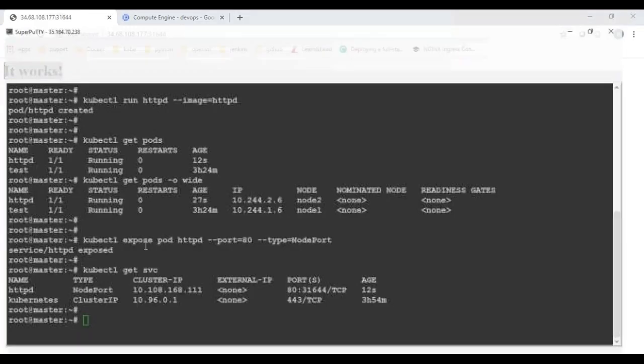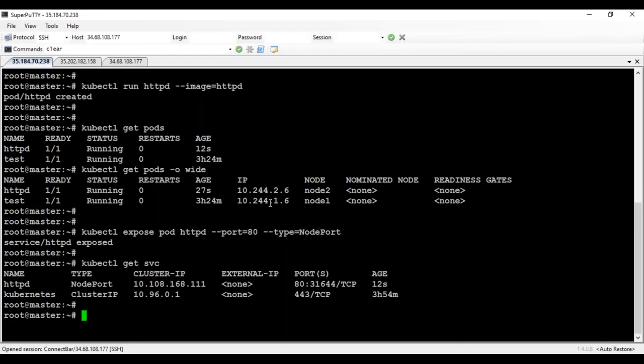Now you can see how quickly I'm able to run a container or a pod inside my Kubernetes cluster. We created a pod and we exposed it also to the external world. Now this is the advantage that you get with a single pod, right? Now let's get back to the cluster. Now you saw that this is what it is, but if I remove a pod, basically this does not have an auto healing feature as such, or scaling features we can do it.